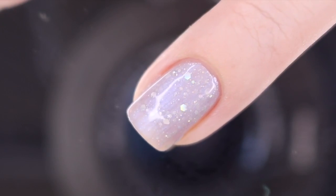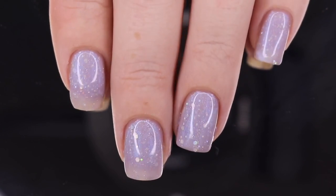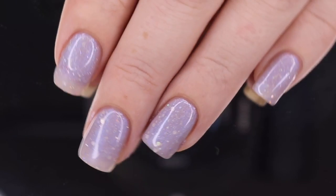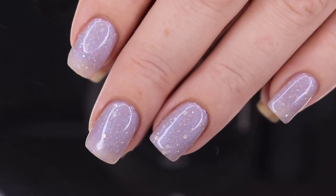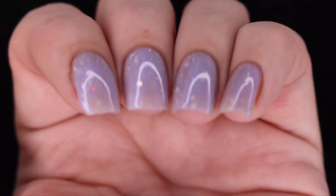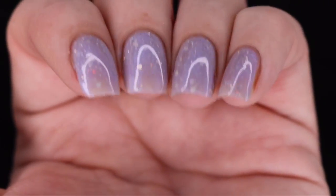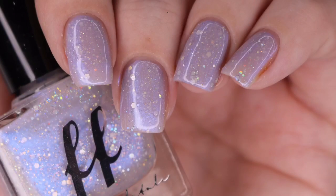So here's a look at that completed mini at 3 coats before a glossy top coat underneath the artificial lighting. So just a bare amount of texture going on there, especially if you get some of the larger holographic glitters, but 1 coat of a glossy, smooth top coat will smooth that right out. And then this is my final swatch photo at an angle underneath that same artificial lighting. So this is my final swatch photo, and that does wrap up my swatch and review of the